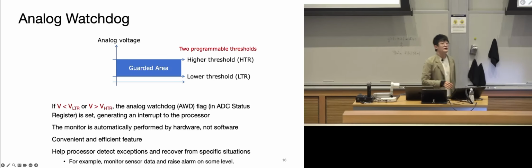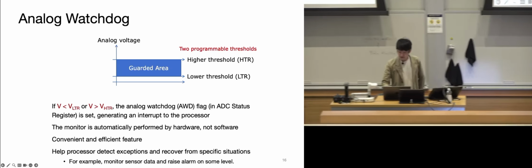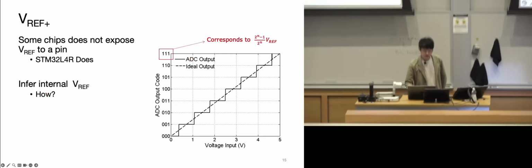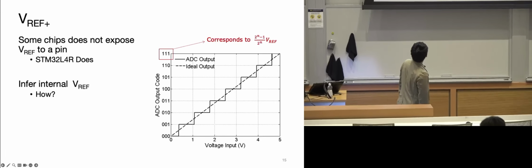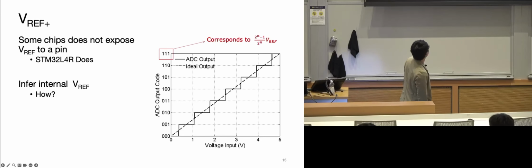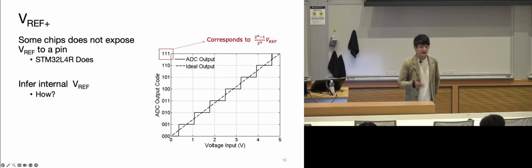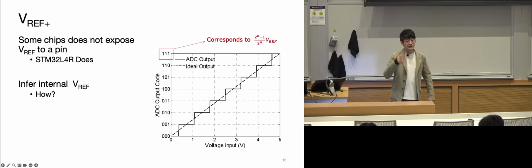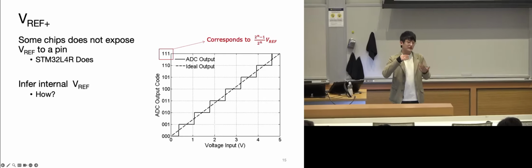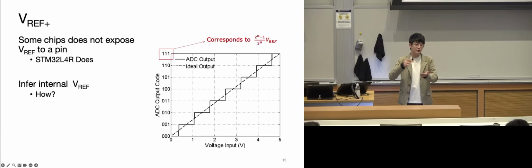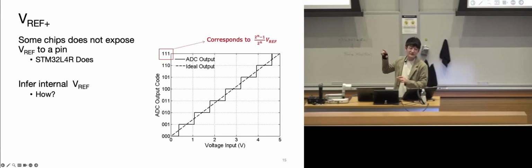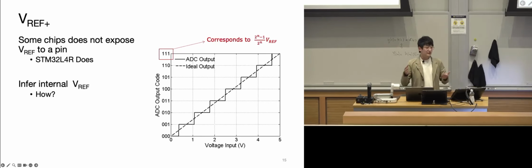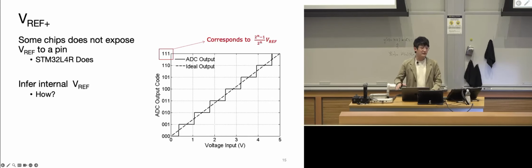Yeah. For the previous slide, I understood that VREF is not necessarily VDD, but how do we actually infer it then? What do you mean, how do you infer it? It says, how would you infer the internal VREF? Oh, it depends. You just need to know what the value is, because they have a few internal values that you can choose from. Just choose the right one, or you build your own. Just make sure you know what the V reference stands for. Oftentimes it is VCC, but it doesn't necessarily have to be.